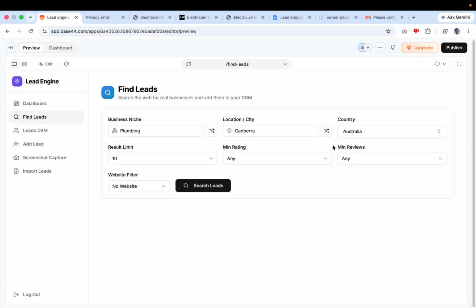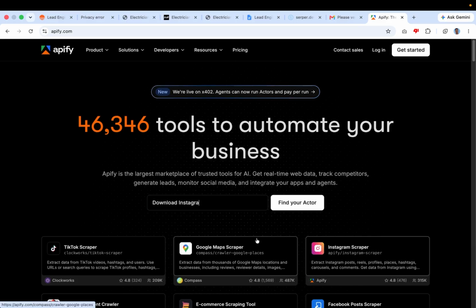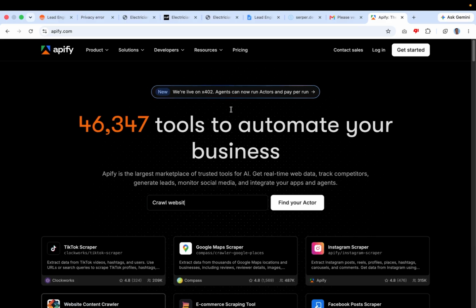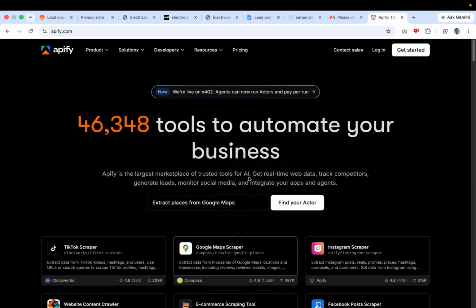However, then there's also the AI path, which we have as our default. That one can sometimes return things, but 90 to 95% of the time, it's just hallucinating and they actually do have websites. So what I've found, and I personally use in my own one, is to hook it up to something called Apify. Apify is essentially a scraping tool that communicates with AI. As you can see here, you can read it in your own time. But this is the most powerful scraper API that you can put on. It's what I use for my own one, and I've found just incredible leads through this, especially if we hook it up through our